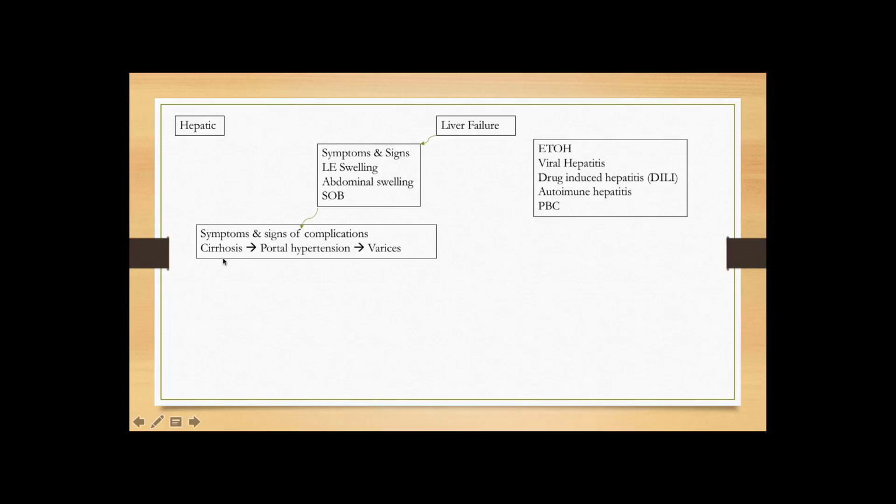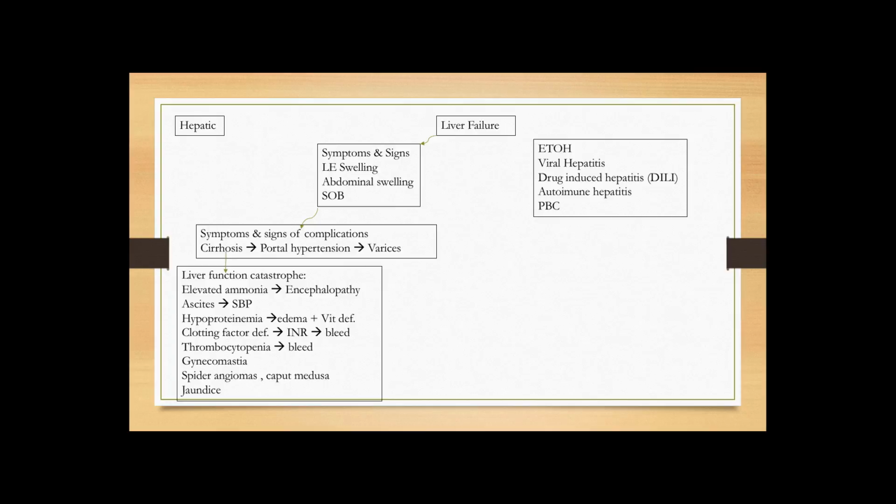Whenever people do develop cirrhosis, there is fibrosis, so liver is not working right. These are the things that result from that. People have portal hypertension because now there is too much fibrosis, so pressure will increase in the portal bed. This is just like a mini hypertension in one part of the body, and as a result of that high pressure, varices will develop. Esophageal varices will develop, just like varicose veins in the lower extremities, because of portal hypertension.